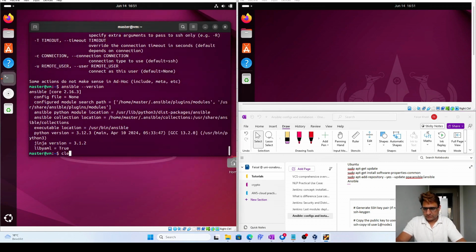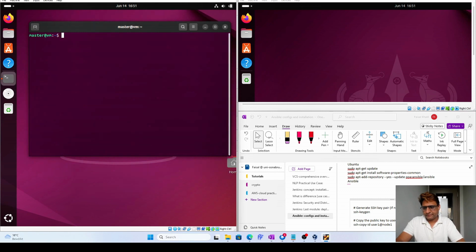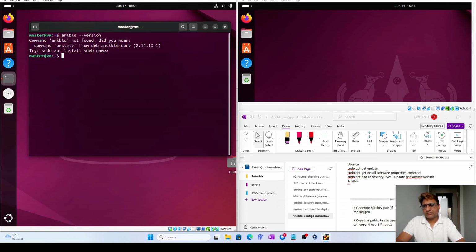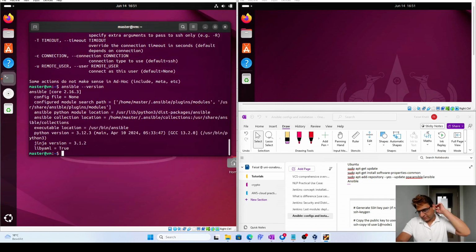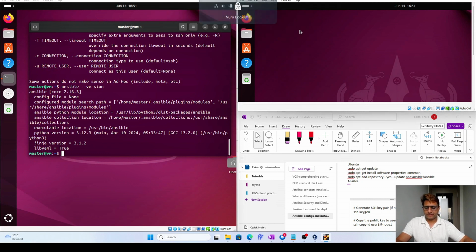As you can see, if we check the Ansible version, it should give us something like Jinja, YAML 2.16.3 for Ansible, which means that on our master node, Ansible is running perfectly fine. Here, if you open the terminal,